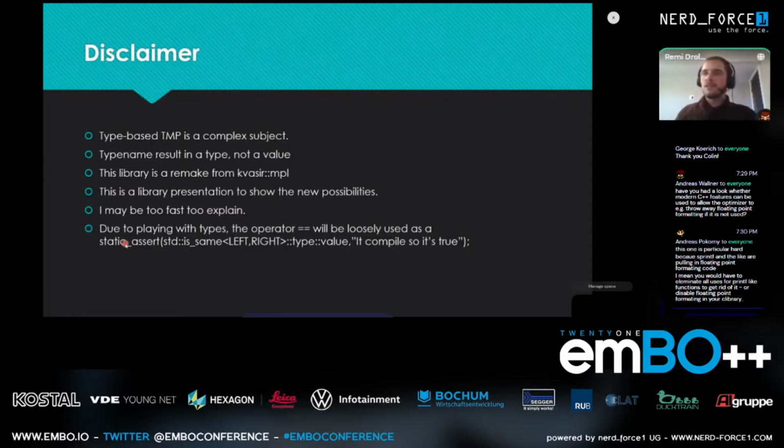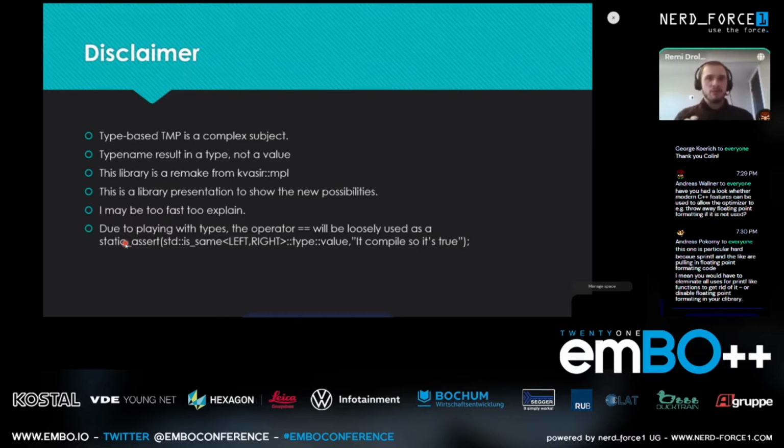It adds a pointer. So I made a library as a remake of Kvasir.mpl, and I mostly want to show you how to read and write it, not how to use it. For example, I will show you how to write something to take a tuple and then sort the types by size, something like that. But I will not show you how to integrate this into your code so that you can use it at runtime. I will just show you the template part, and then you can do your own stuff mostly.